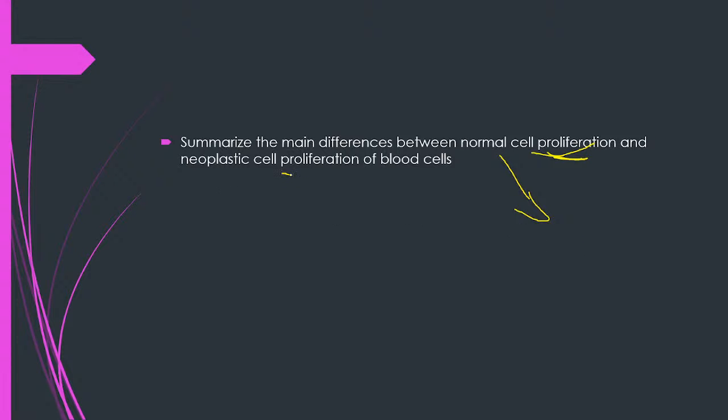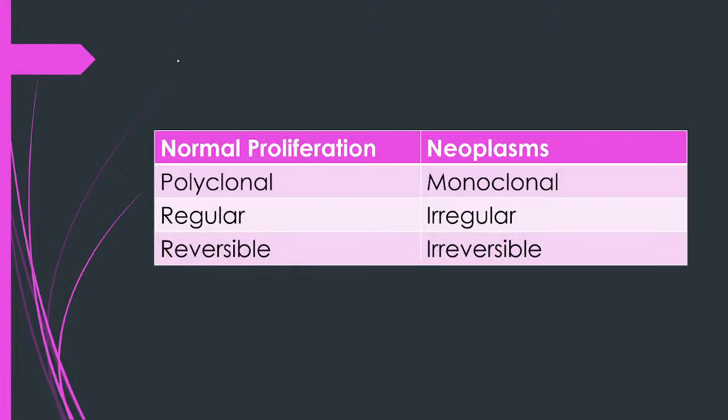Neoplastic cells proliferate randomly. Now, I'm going to cite several differences between the two of them, in the form of a wonderful graph. Normal proliferation is polyclonal. What do I mean by polyclonal? It's not just one cell that's the problem. Why? Whenever you have a particular infection, remember this. In acute infections, the